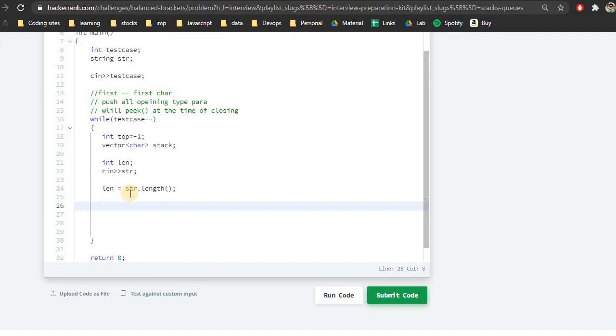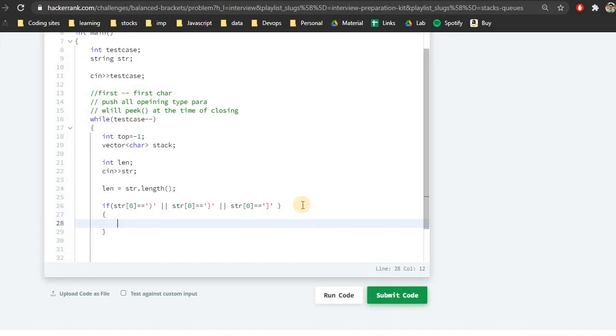So let me check. Let's say if the string's first character, so this will be index 0, is equal to the character, the single quotes, closing bracket, comma. So this will be checked with this one, or you can write, let me copy this. So again followed by this, again one more. So you will check if it is a round bracket or curly bracket. It is called a curly bracket. I was not remembering what its name is and it's almost the end of the video.